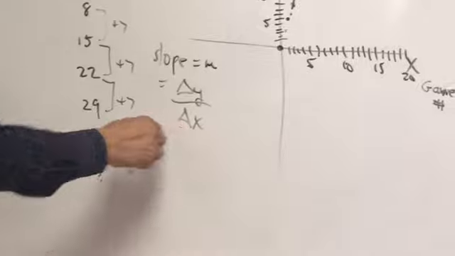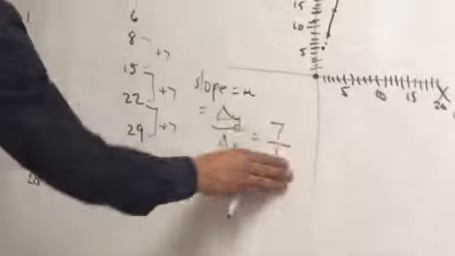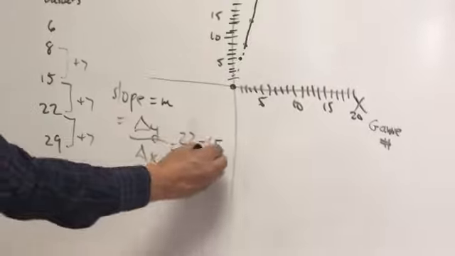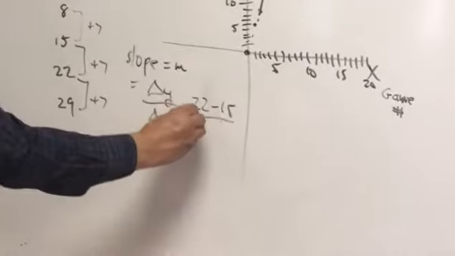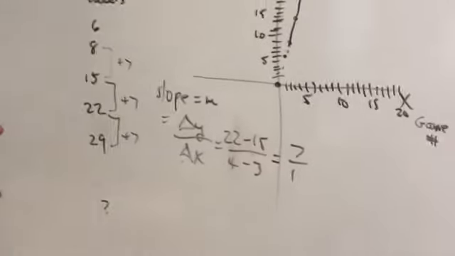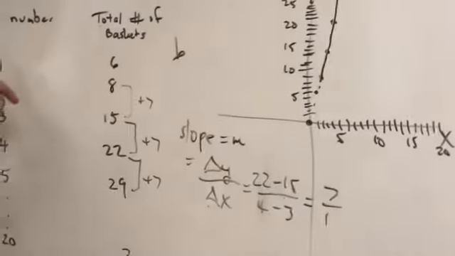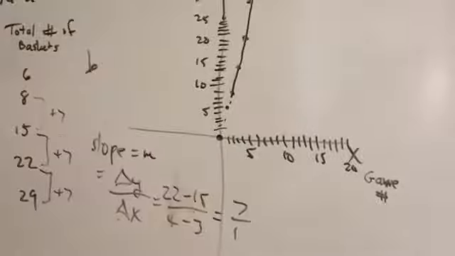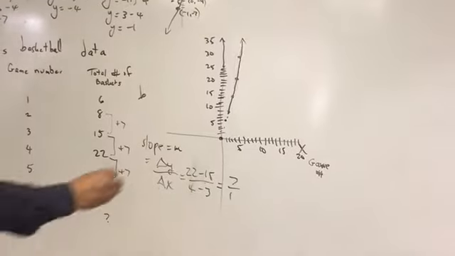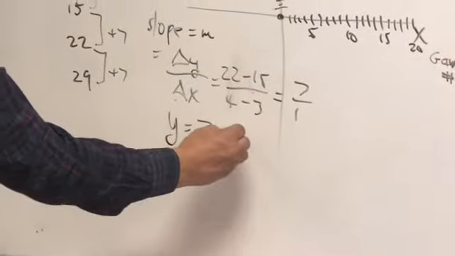Well, what is that? For the most part, it changes 7 over 1, because 22, and if I do it the long way, I might write this: 22, let's say, minus 15 over, in that game, it was 4 minus 3. That's a representation of this. That would be 7 over 1. So m, the slope, is 7, and b is where the line crosses the y-axis. Now, not so simple. We don't see it exactly, but we can solve for that in a minute once we get our slope. So we have y equals 7x plus b,